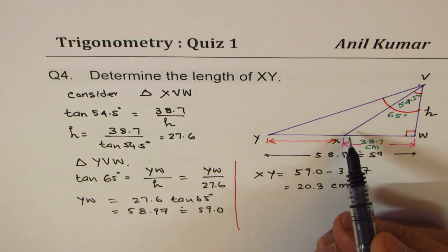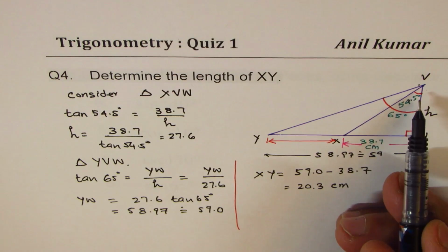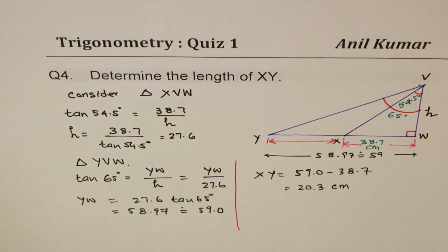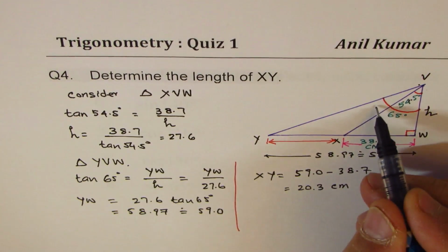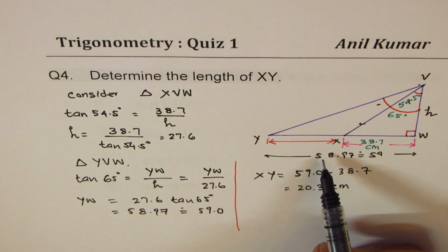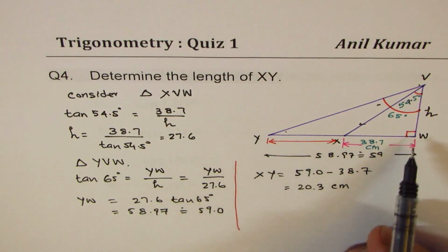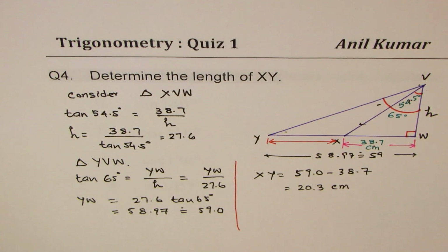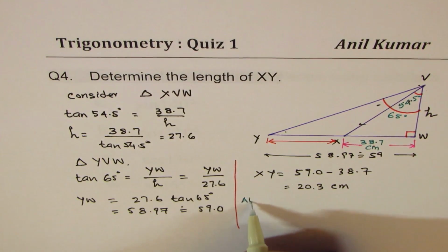There could have been an alternate way of doing this using sine law, which I am not using in this particular case. However, you could use it, right? Because the difference of these two angles will give you that angle, and we could always find this side and that angle. Since this is 90 degrees, we know this angle. So let's see the approach. Now we'll say alternate method